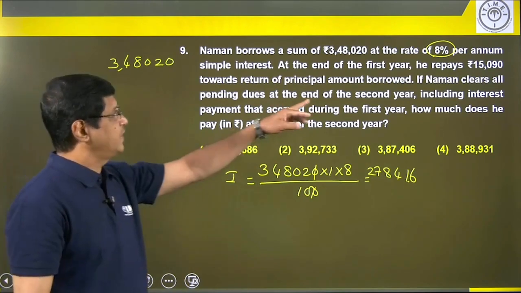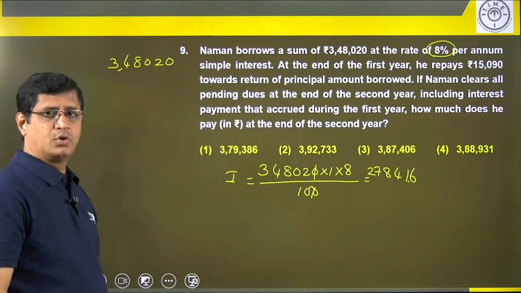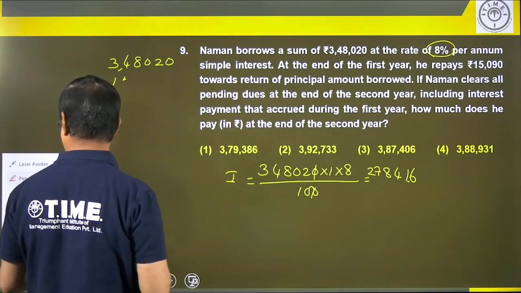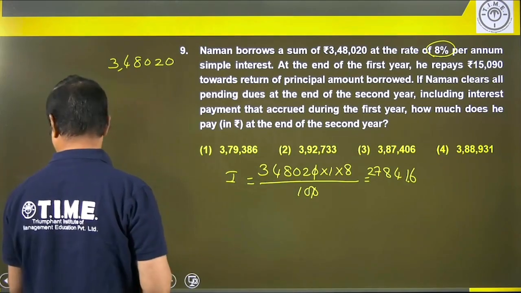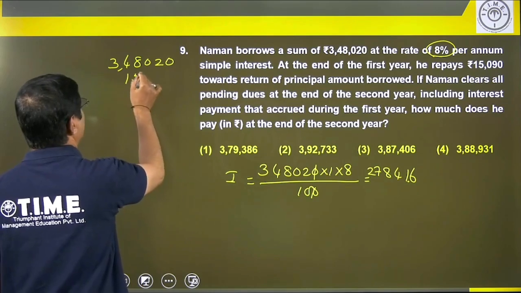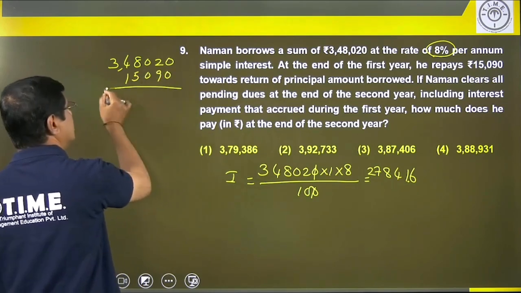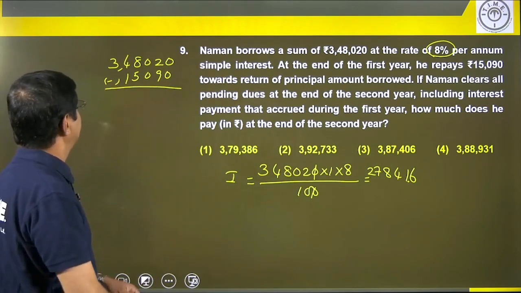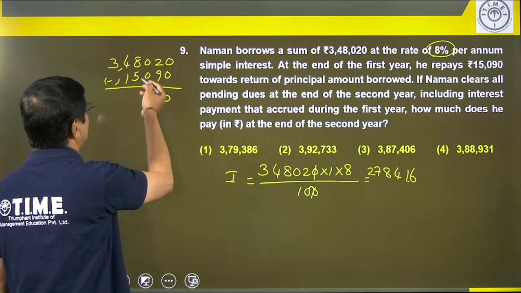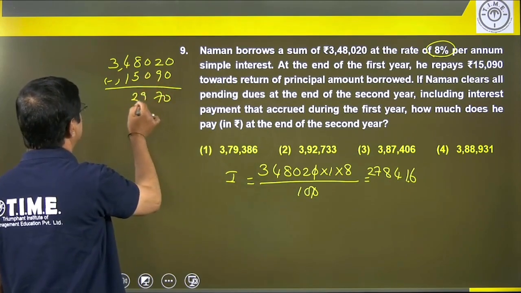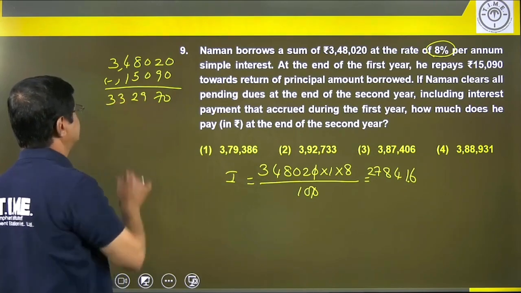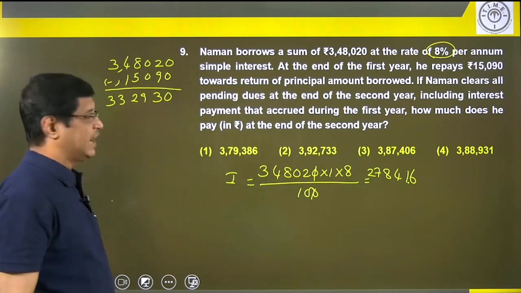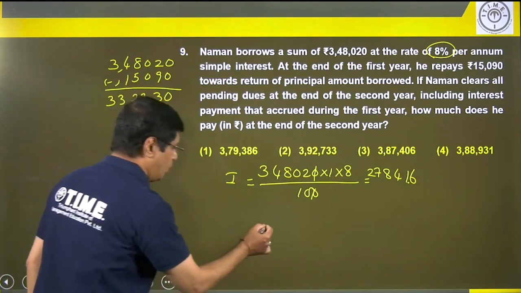What happened here? 15,090 he paid towards the principal at the end of the first year. Now just subtract this from the initial value. Now what is the difference here? 70 and here 29 and it is 33. Am I right? Okay. So 332930. That is the principal. On this value